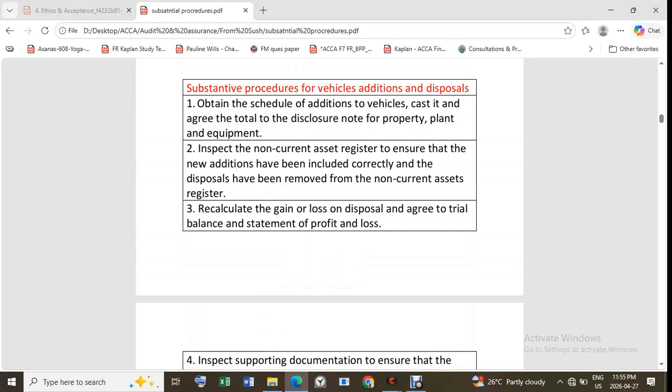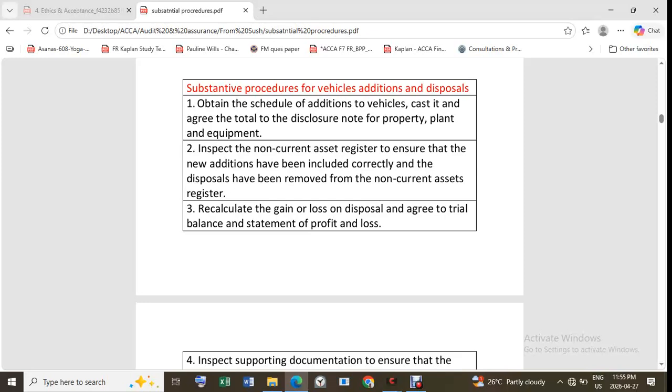At first, we have to obtain a schedule of additions of vehicle. How many additions was made? Those schedules we have to get, and we have to check it with the total disclosure for the note for property, plant and equipment, whether it is matching with the property, plant and equipment or not. Then